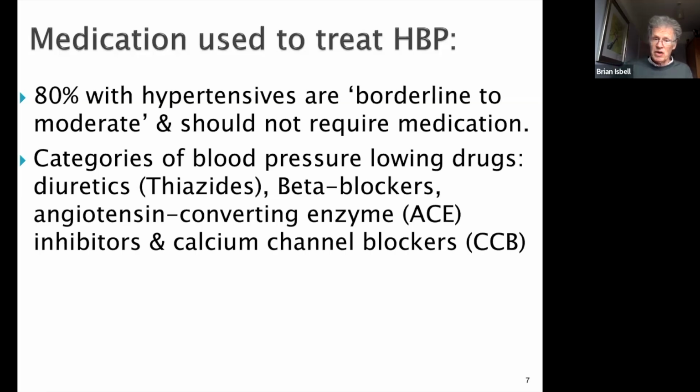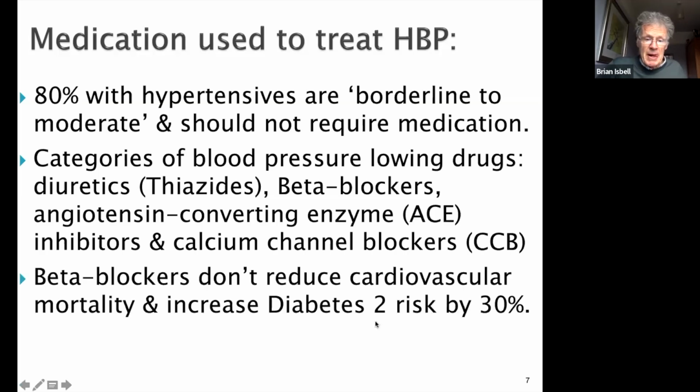Now, if you know of anybody that's got high blood pressure that's having medication, it's likely to be one of those four types, and possibly really starting off in many cases with diuretics and then moving on to the other